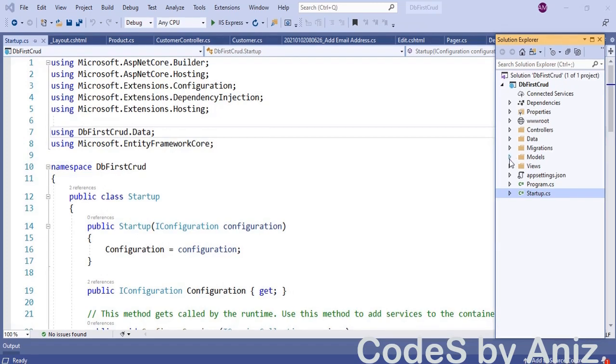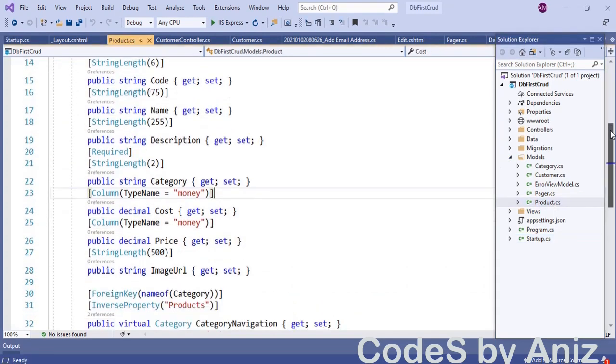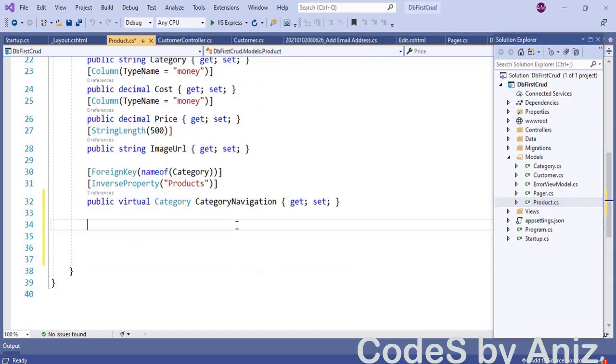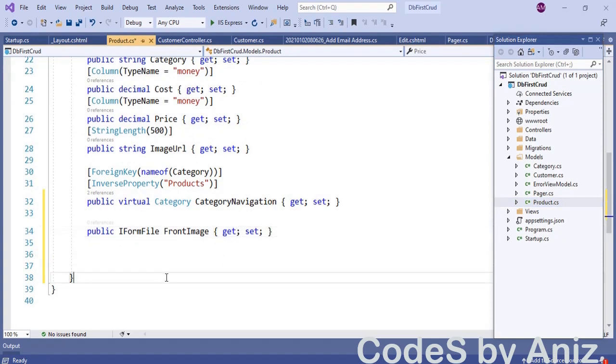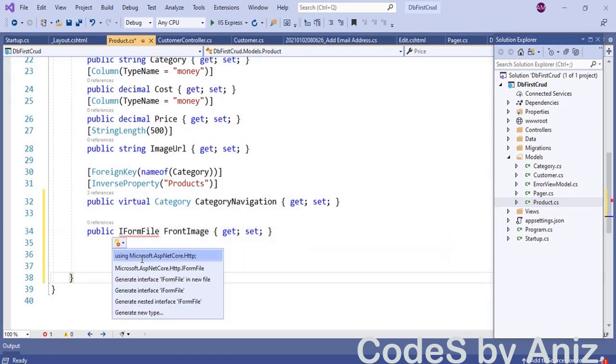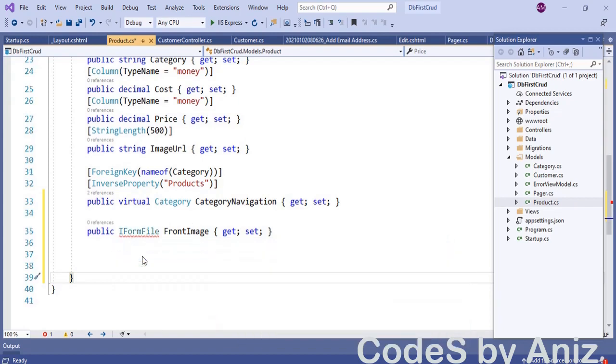Let's expand the models folder and find the product model. We are going to have two image columns in our product table, and these images will be uploaded by the user using the HTML file upload. Now add a property named FrontImage of type IFormFile. After adding, it is showing a red error indicator line.